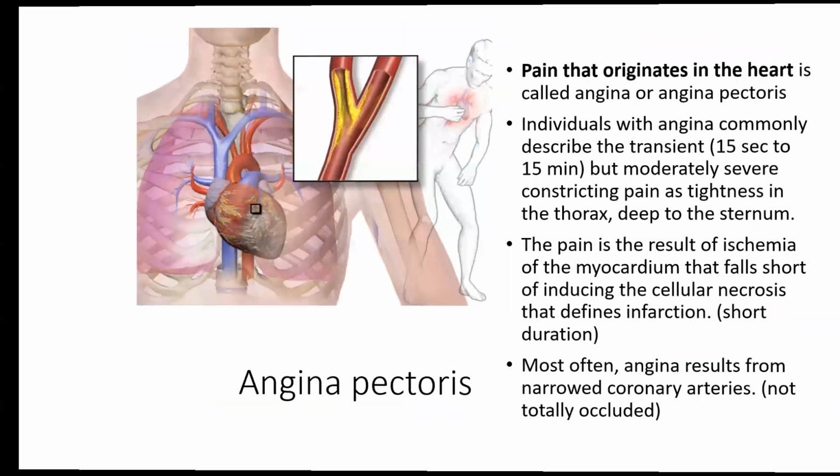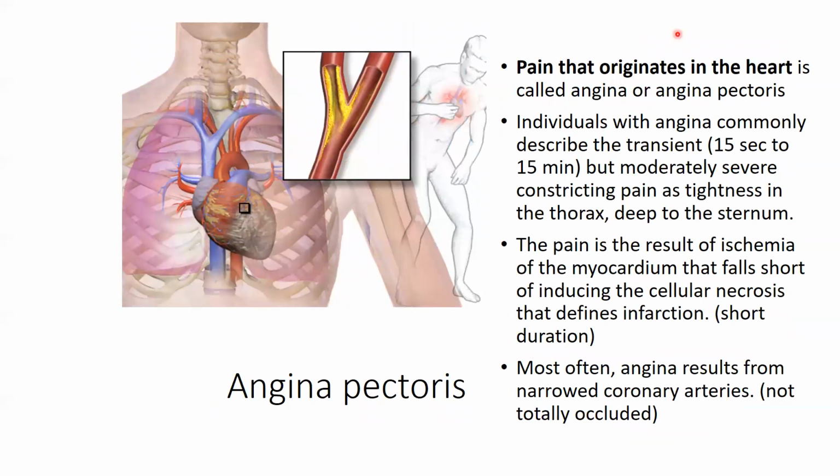Angina pectoris is pain that originates in the heart. Individuals with angina commonly describe a transient, moderately severe constricted pain with tightness in the thorax deep to the sternum. The pain is the result of ischemia of the myocardium. It falls short of killing the cells and causing the defining infarction. Very short duration. Most often, angina results from narrow coronary arteries, not totally occluded